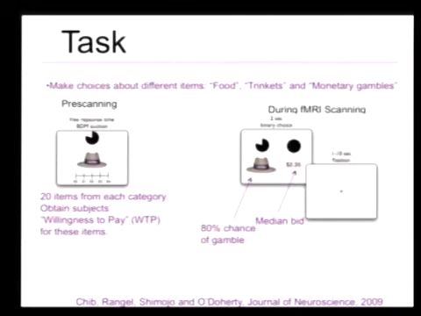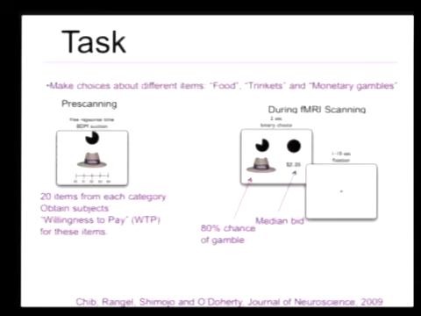And it turns out at the end, I'm not going to go into the details of it, we randomly choose a few sets of items, and if they decided they wanted that item, if they paid enough for it, they'll get it. If not, they won't. But it's set up in a certain way that they should be motivated to pay the right amount of money that they think it's really worth. So this is sort of based on economic theory. So we have these monetary amounts to tell you how much they think this item should be worth.